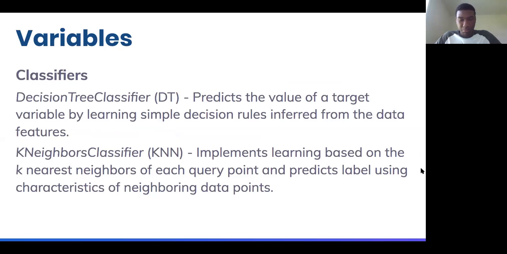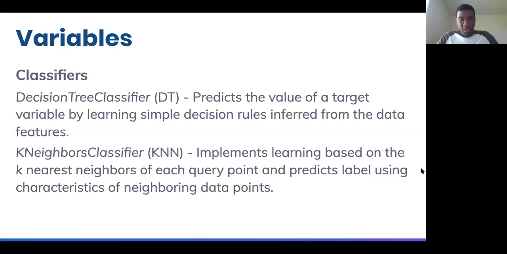I was looking at 2 classifiers for this project, which were the most accurate classifiers based on a previous experiment that was conducted earlier, using a much more manual form of this system. The first classifier was the decision tree classifier, which predicts the value of our target variable by learning rules from the data. So it figures out that data with certain features belong to a certain class, and it uses the rules for prediction.